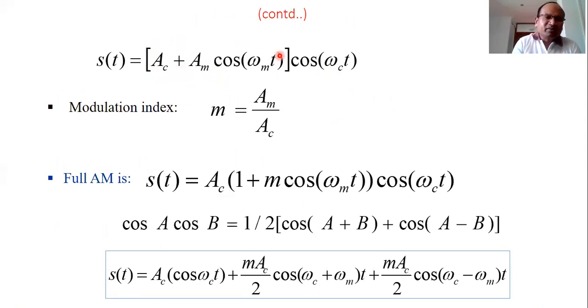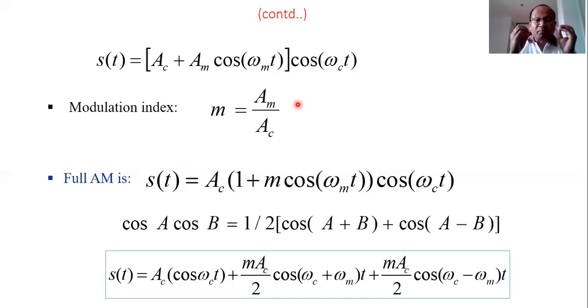Now here is a new term, an important term called modulation index. Sometimes we call it modulation percentage when we multiply it by 100, and then it becomes percentage modulation. What is modulation index? Modulation index will tell us how much modulation has taken place. What do we mean by modulation change? The change is in carrier amplitude, by the instantaneous value of the modulating signal.